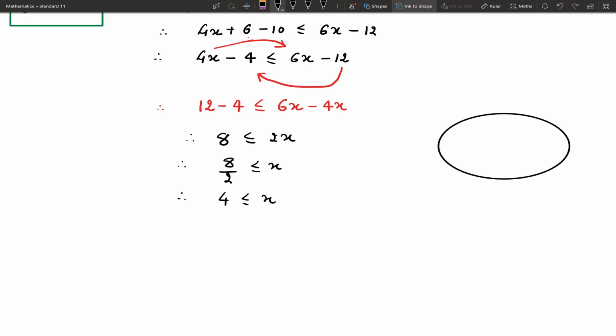Again you note that either we write a less than or equal to b, or b greater than or equal to a, it is one and the same. So the same can be written as x greater than or equal to 4. So x greater than or equal to 4,